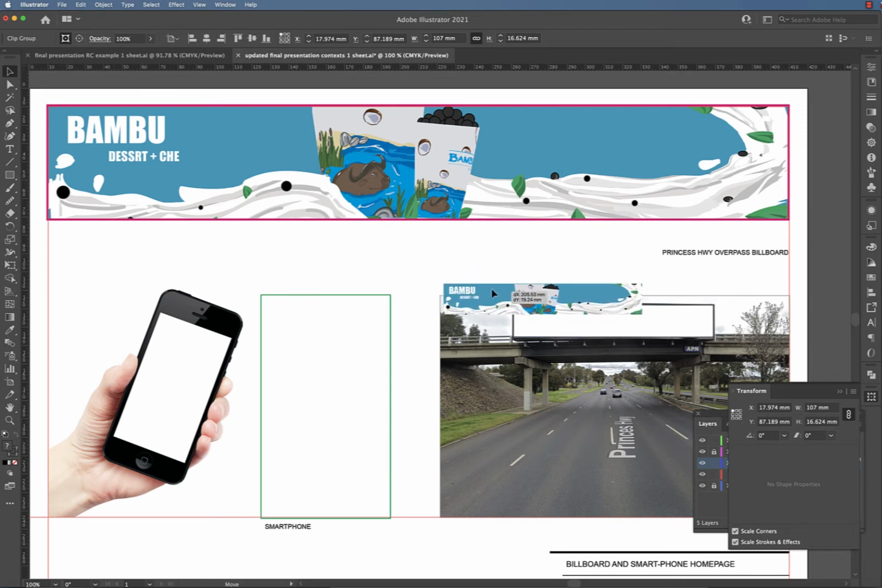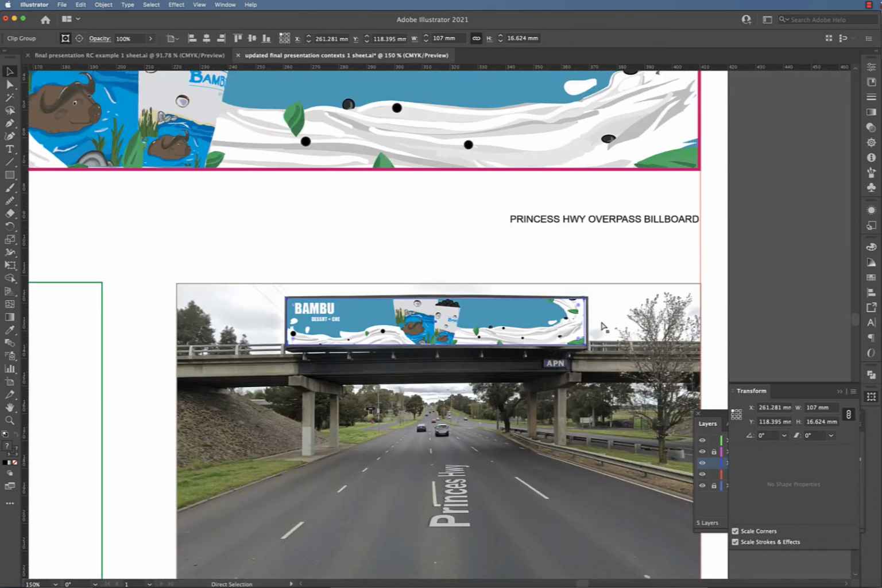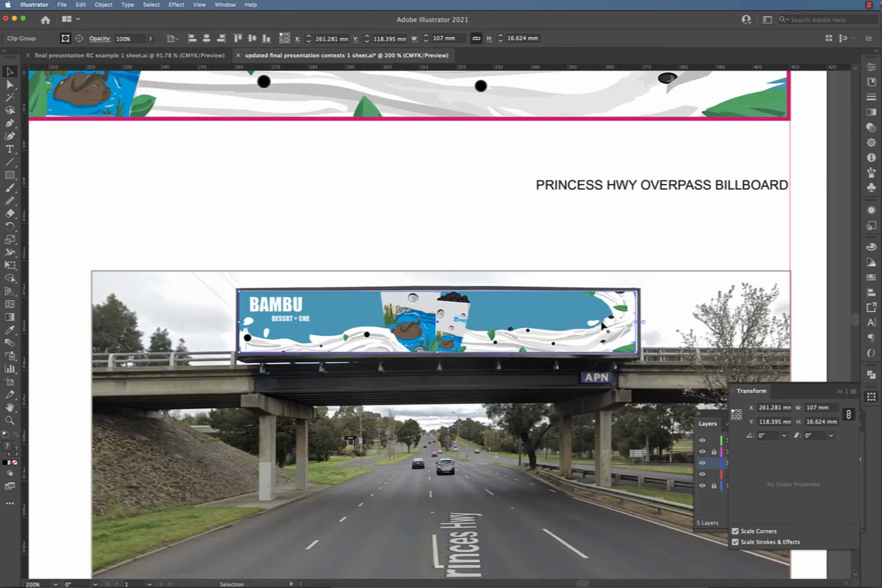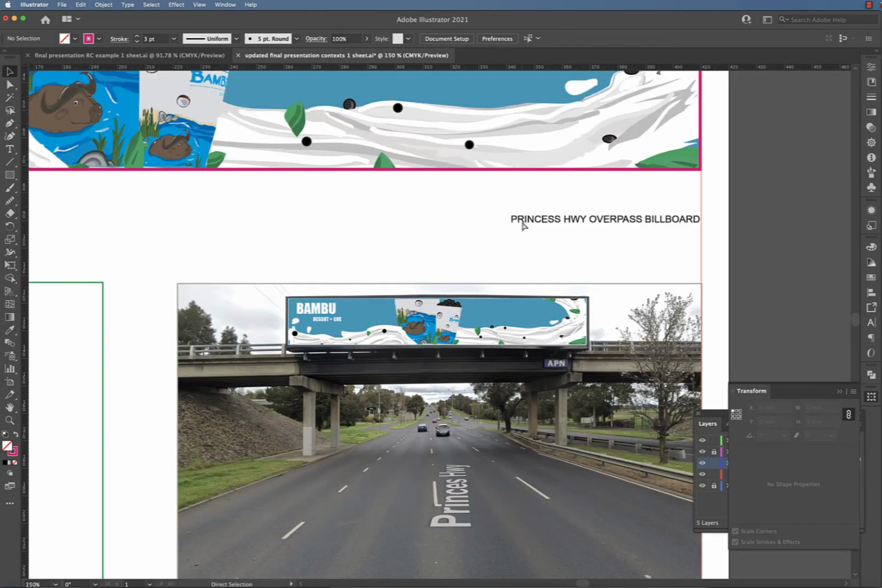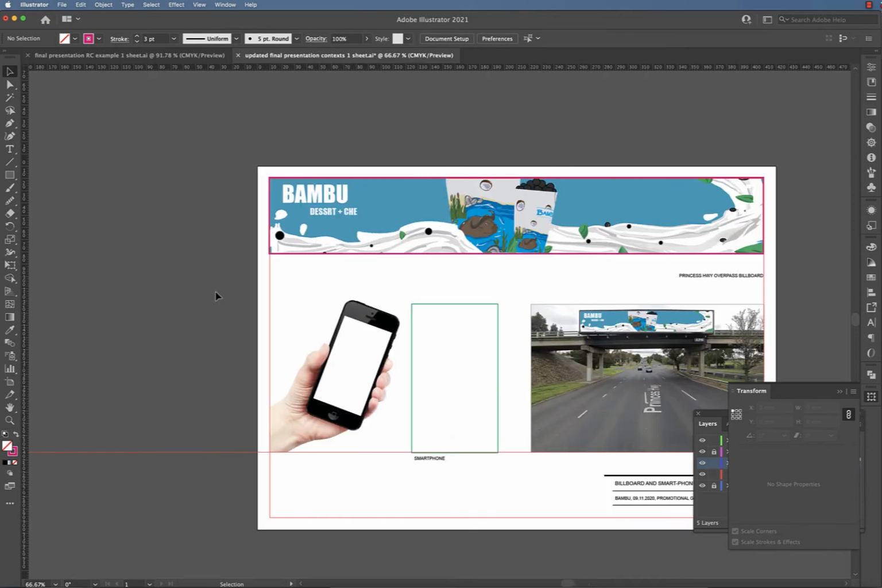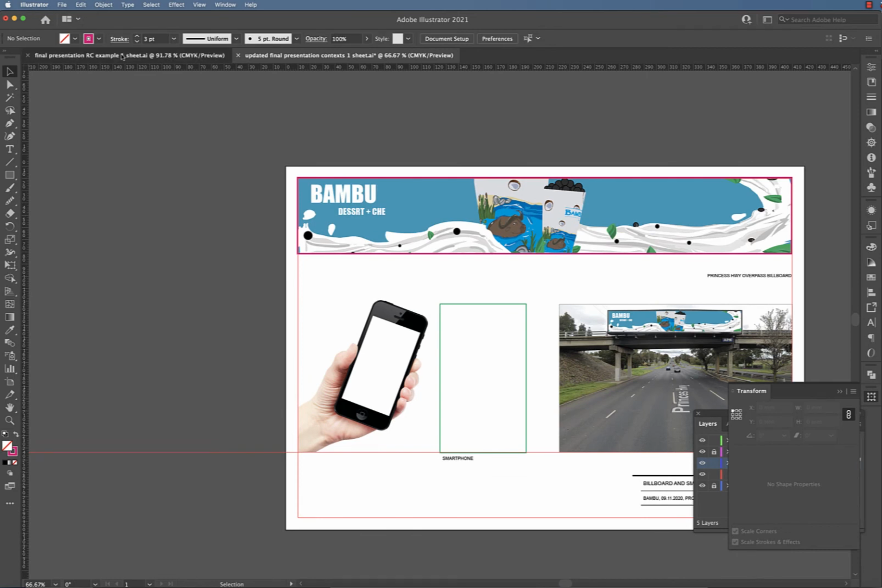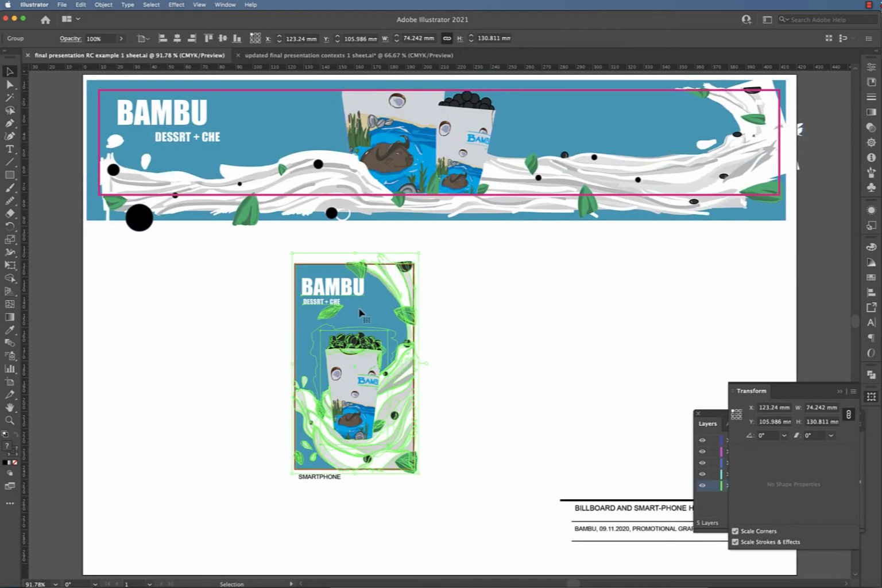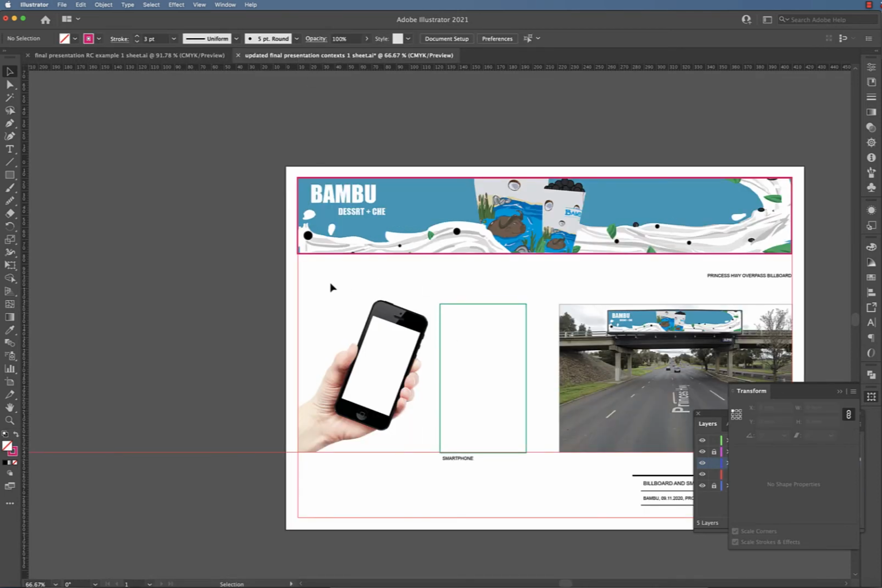So I can now just drag that into the billboard and just zoom in. In fact, there we go. I'm just using the cursor to move around. Zooming back out, there it is. Okay, now let's do the smartphone. So the smartphone, same principles apply. Select the artwork that you've already grouped and take it into your template,